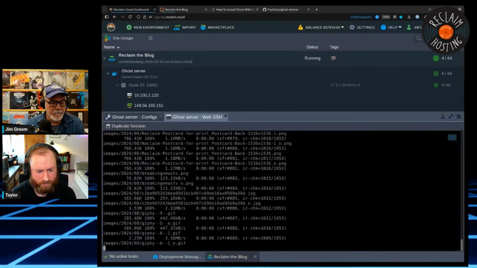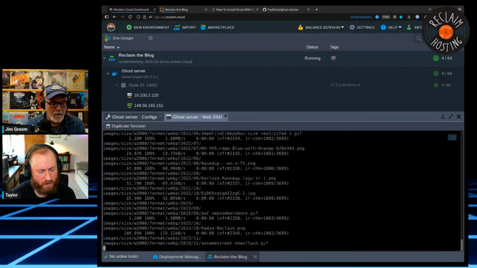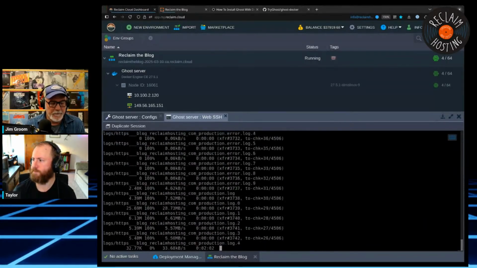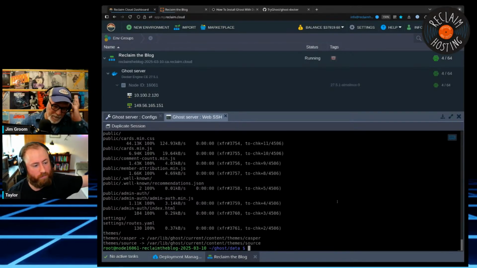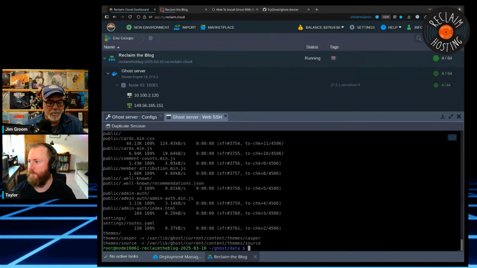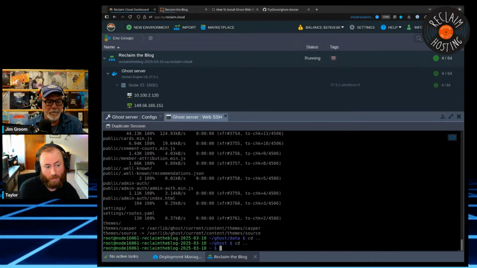So we're now copying over all of our images and uploads and things like that. Yeah. This will make it easy. And to be clear, I could move that instead of rsyncing it. I want to make a copy. That way, if I really royally mess up, I can just bring up the old site as it was. Okay. So now we're going to bring up the new site. Or first, I guess I got to bring down the old one. We're going to bring up the new one and then restore the database on top of it.